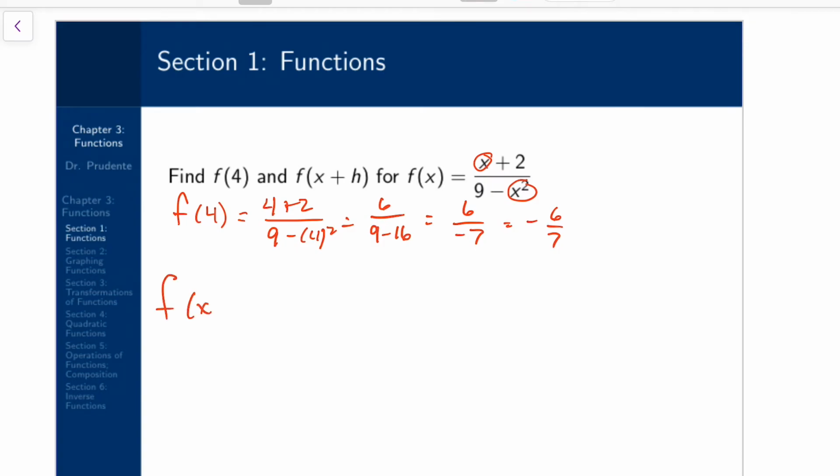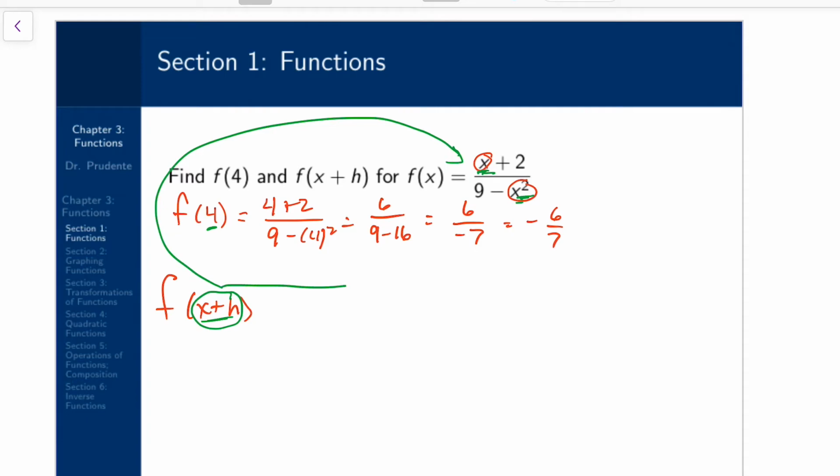Right? Here I'm going to do f of x plus h. And again, it really doesn't matter if I'm plugging 4 in for x, or I plug x plus h in for x. I really just take the entire quantity and plug it in for x everywhere I see an x. So this would just be the quantity x plus h plus 2 divided by 9 minus the quantity x plus